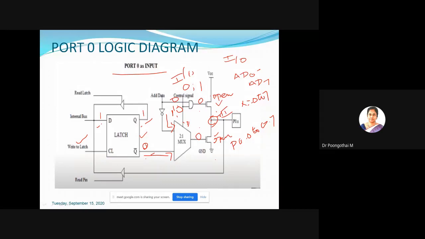Both transistors are in off state. This point is in high impedance state because it is neither connected to VCC nor to ground. This is one of the disadvantages of port 0, and I will explain that later. Now your port 0 is configured and ready to act as an input port.